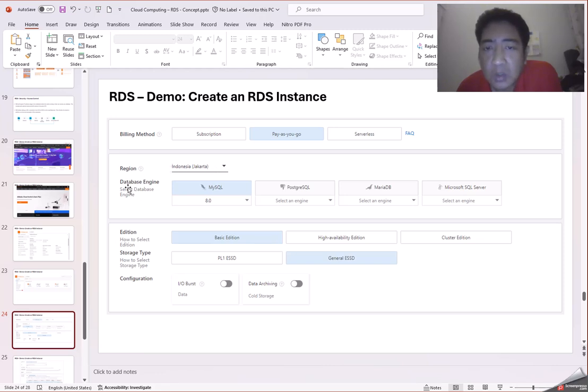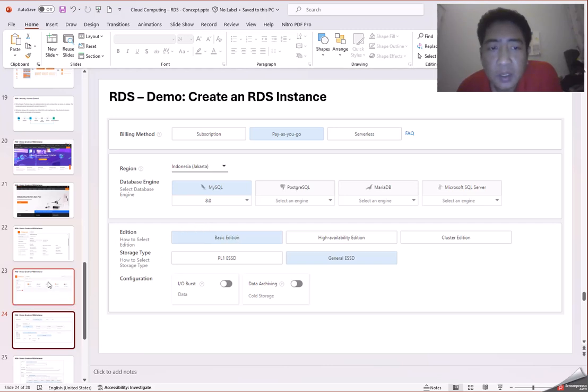Then you can choose which database engine you would like to use. There is MySQL, PostgreSQL, MariaDB, and Microsoft SQL Server. For this demo I use MySQL with version 8.0. And then you can select your instance type, like Basic Edition, High Availability Edition, and Cluster Edition.